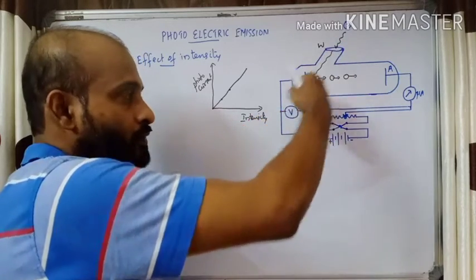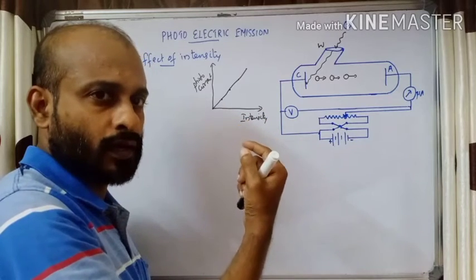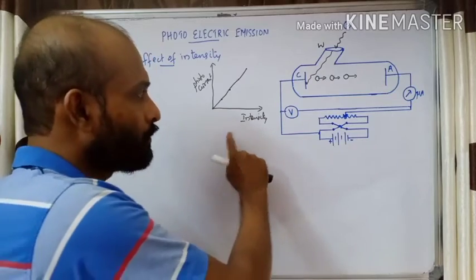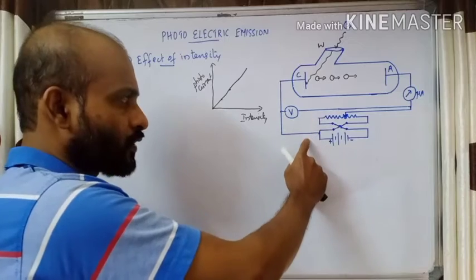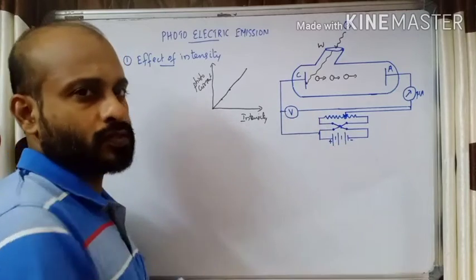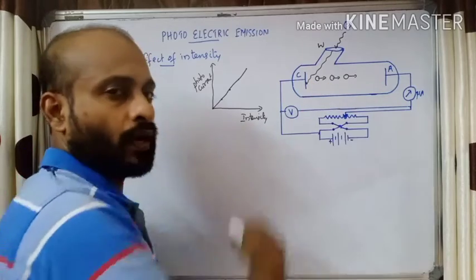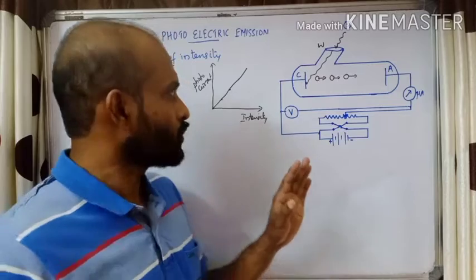Even though we are using a bulb of three different powers, 100, 200 and 300 watt, the frequency, the color of the light, will be the same. Frequency will be the same, and the potential also we are keeping at a constant value. We can either keep it at 0 or at a particular constant value. Even though the external potential is 0, there will be photocurrent. Photocurrent value may be slightly less. That's the effect of intensity.